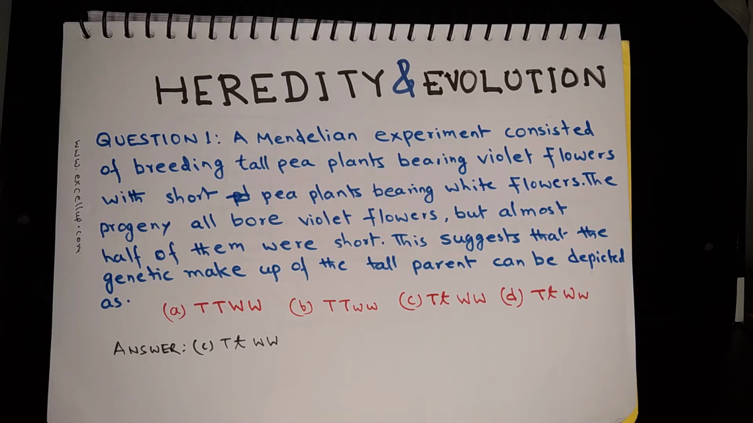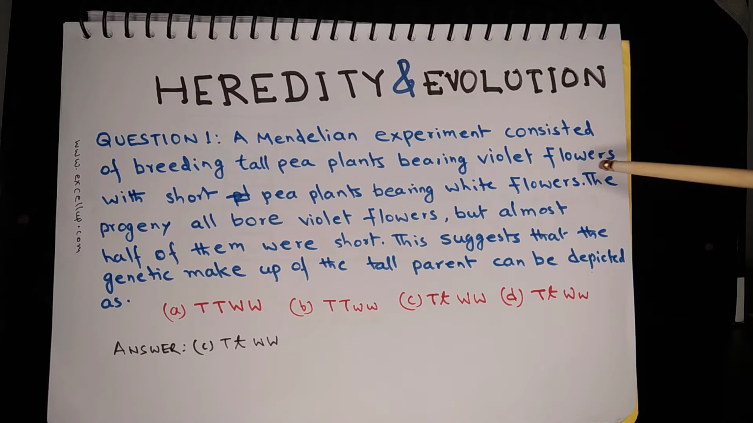In this lesson, you will learn the solution of NCERT exercise questions from the chapter Heredity and Evolution, and these questions have been taken from the science book of class 10th. So let us begin with the first question. Question 1. A Mendelian experiment